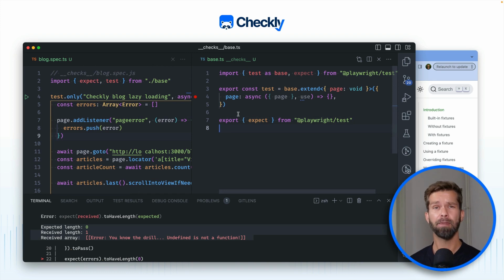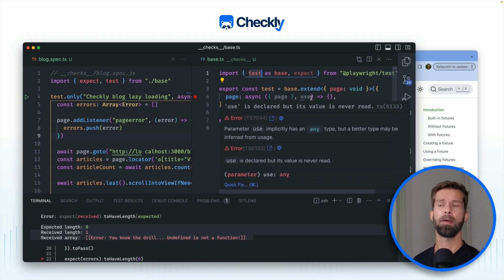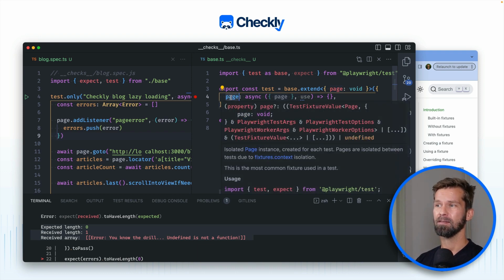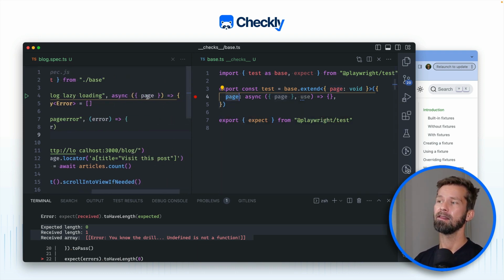And with this setup, nothing particularly changed, but note that we are exporting a test object that is basically an extension of the test object that is coming from Playwright itself. And by providing an object and extending the test function from Playwright, we can define custom fixtures. And you see here already that I defined a new custom fixture that is overriding the Playwright page